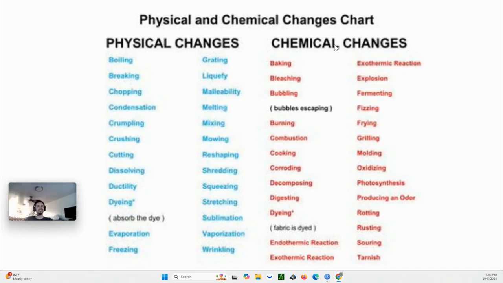Okay? And distinguishing between chemical changes and physical changes is actually pretty difficult. So pause for a second, and you should write some of these words down. I don't know if you need to write all of them. If some of them are new to you, I would write those down. Just kind of know what they are. All right, because next thing we're going to do, we're going to go